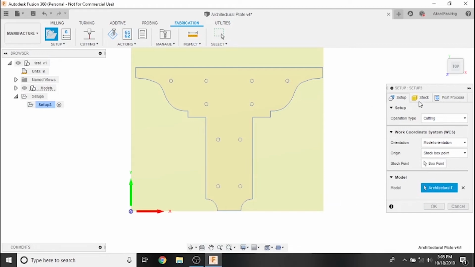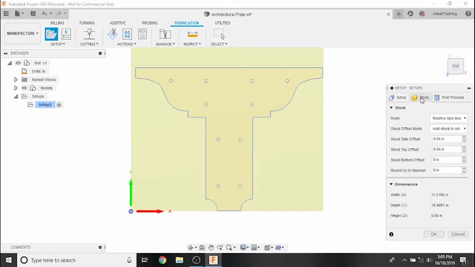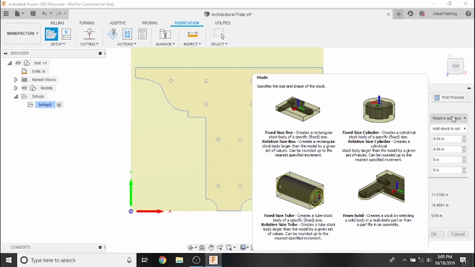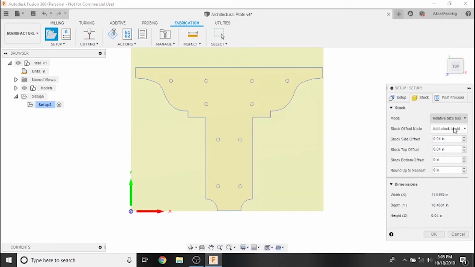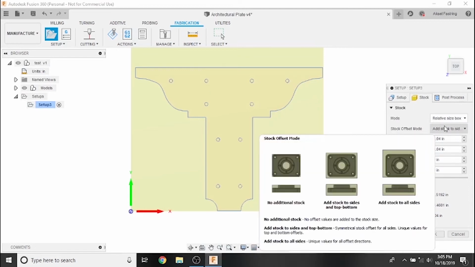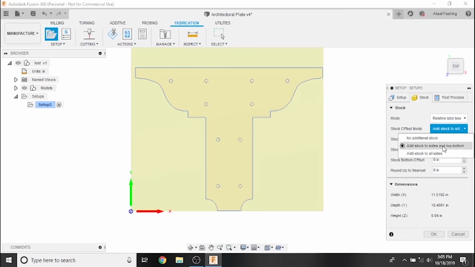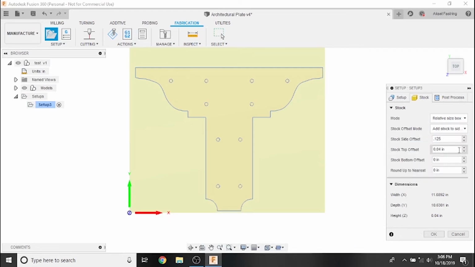Now we'll move on to the Stock tab. In this tab, you define the stock for your program. Most of the time, you'll use the default, relative size box, as the other options don't apply to the Crossfire. With Stock Offset, you can add a specified amount of stock around your part to allow for some margin of error. We'll set our offset to add stock to sides and top bottom, then set a value of 1/8 inch